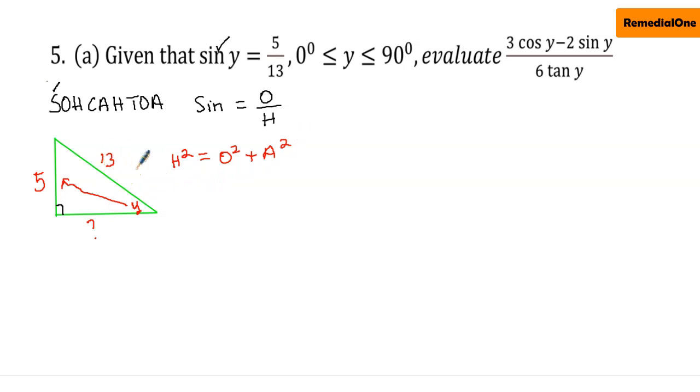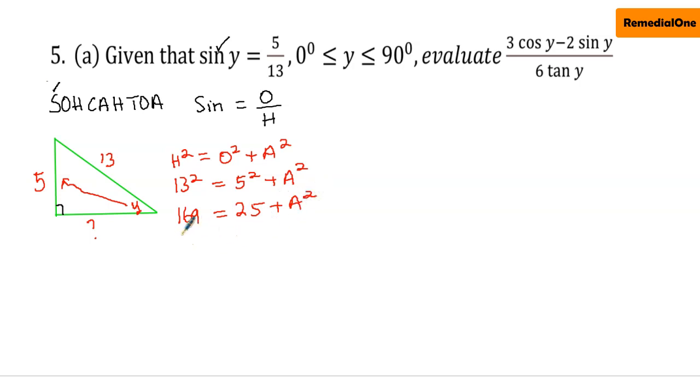We know the hypotenuse to be 13. So 13 squared is equal to the opposite, 5 squared, plus adjacent squared. We don't know it; that's what we're going to look for. 13 times 13 gives us 169. 5 times 5 is 25, plus